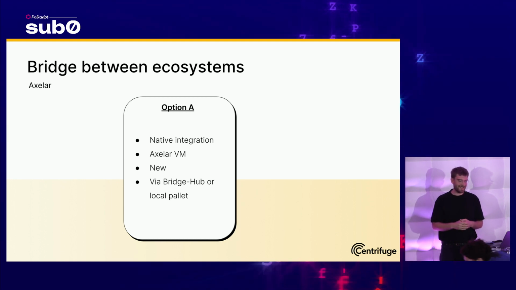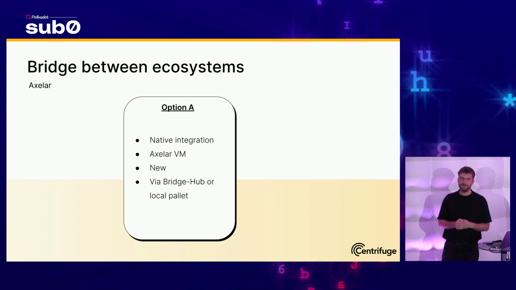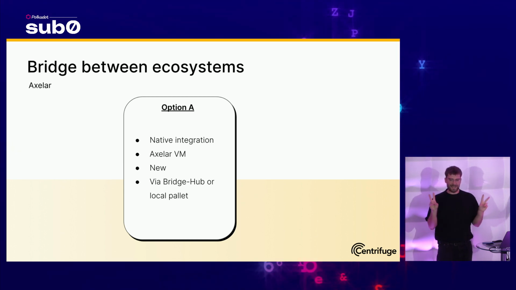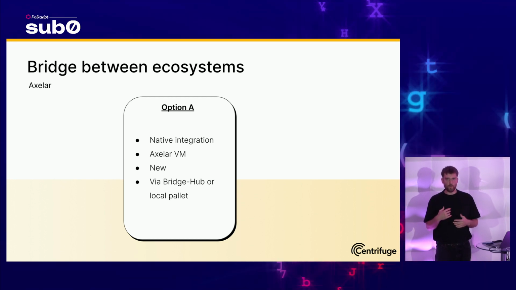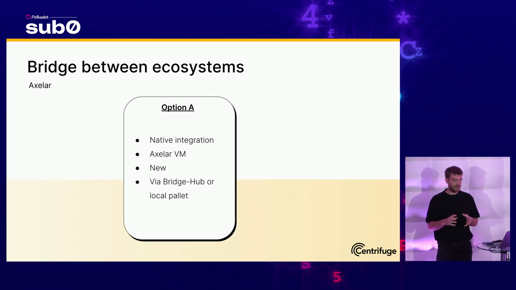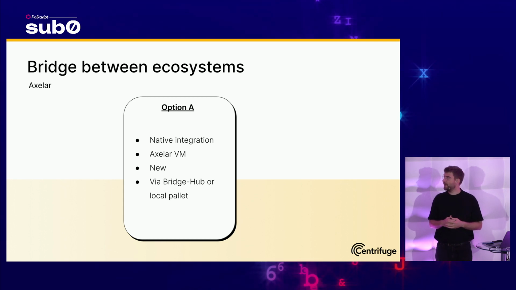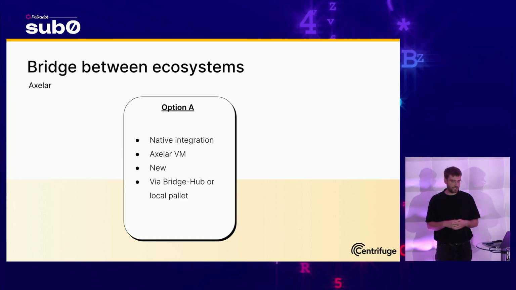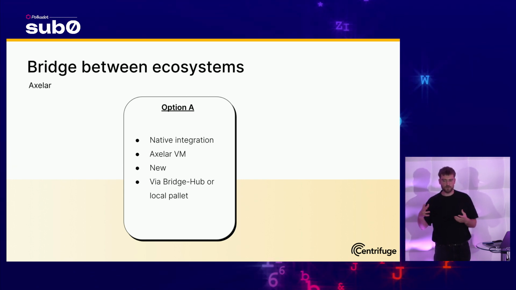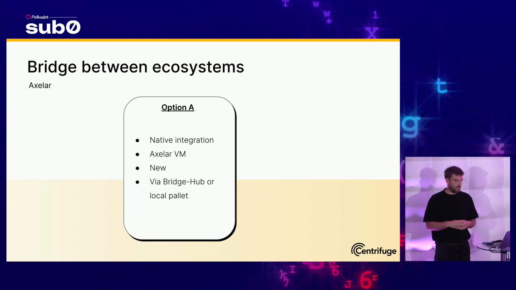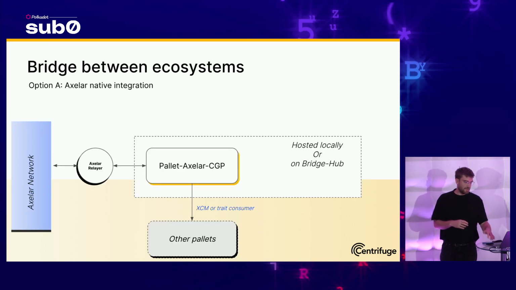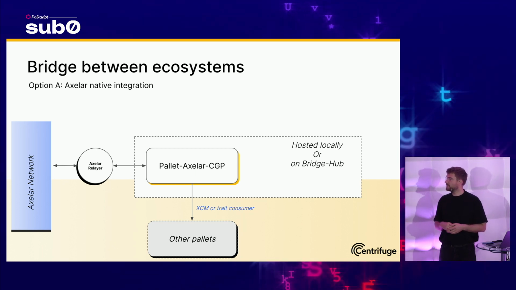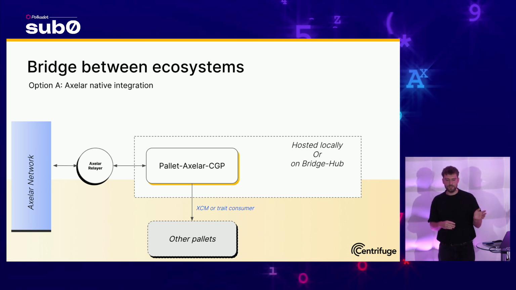You see there's option A, so there are also some others coming. We actually firstly wanted to have a native integration which is using a new Axelar VM. And this would have been a pallet that could be deployed on BridgeHub or as a local pallet if you're a standalone chain, or if you're a parachain that doesn't want to hop over BridgeHub, whatever you like most. And how this would have worked is we at Centrifuge developed this pallet, Axelar CGP pallet,